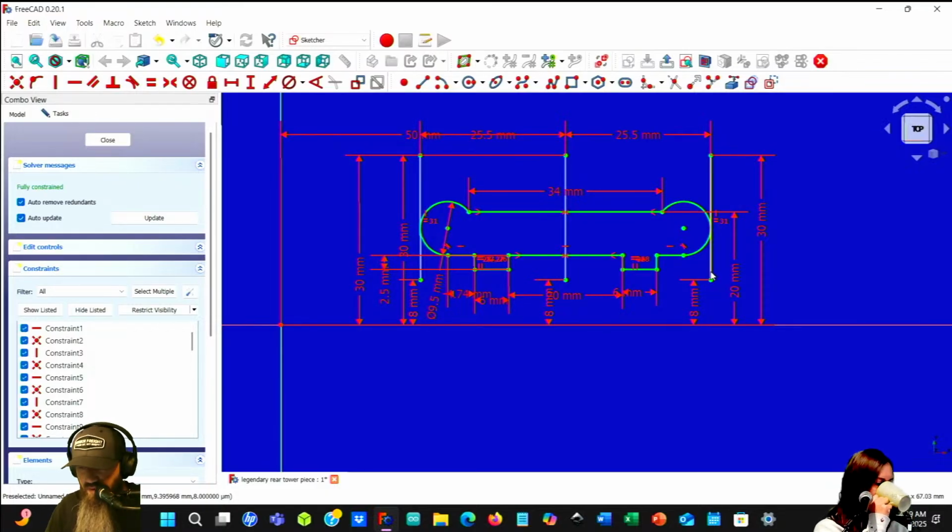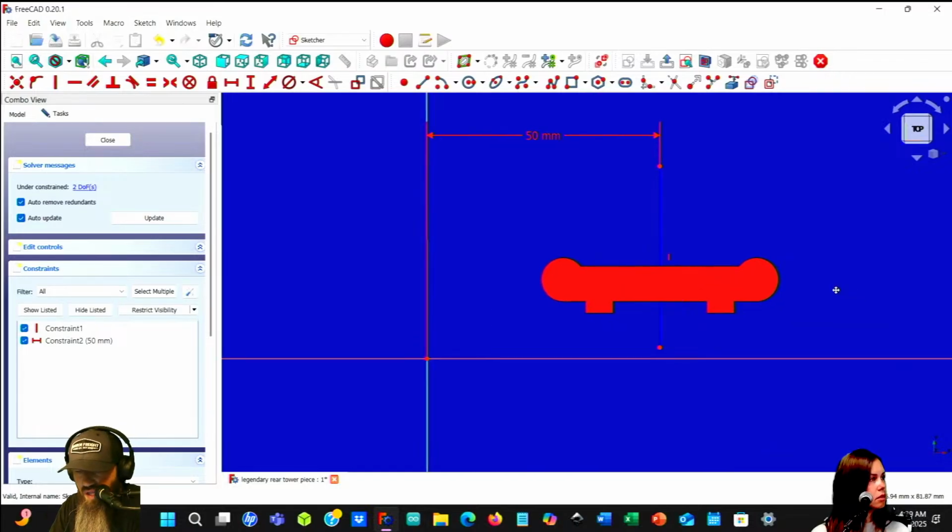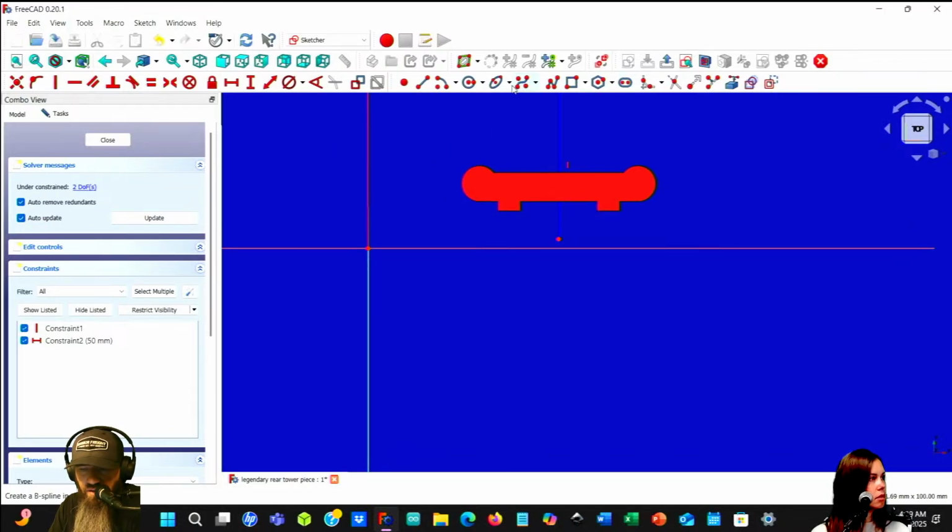The top of the model is 20 millimeters down, and the model is 8 millimeters, so our center point is going to be 16 millimeters. We'll close that and go back to our other sketch. Basically we're going to make another blue line through here, 16 millimeters from there, and that will center it.